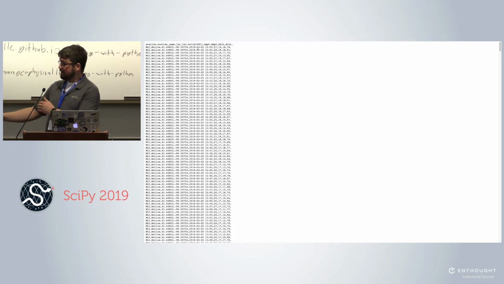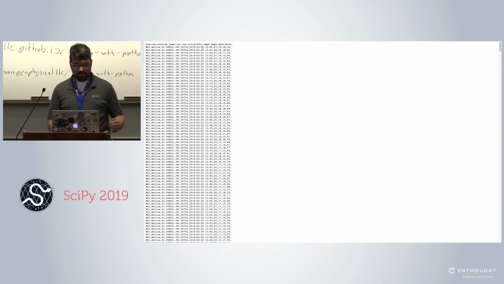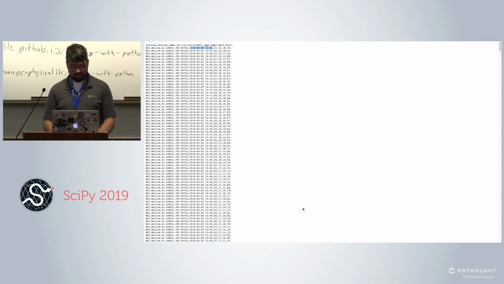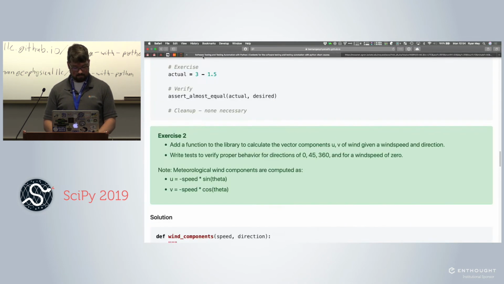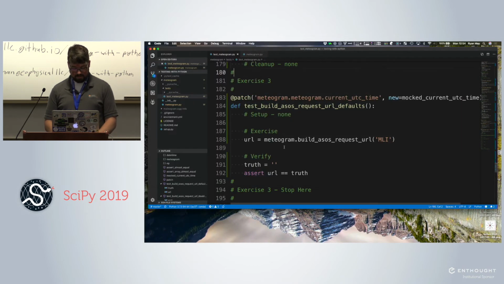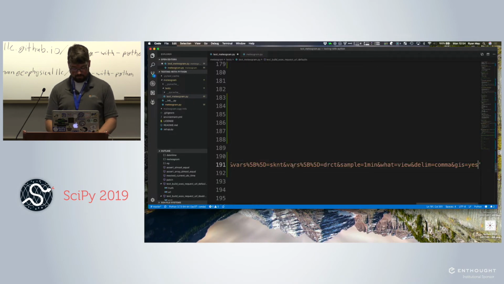So we should end there and start on March 25th at 12Z, 2018. So there's March 25th, 12Z. Scroll all the way down. March 26th at 12Z. So we got the data we expected. That URL is indeed valid. So we've got it copied. I will paste it in as truth.